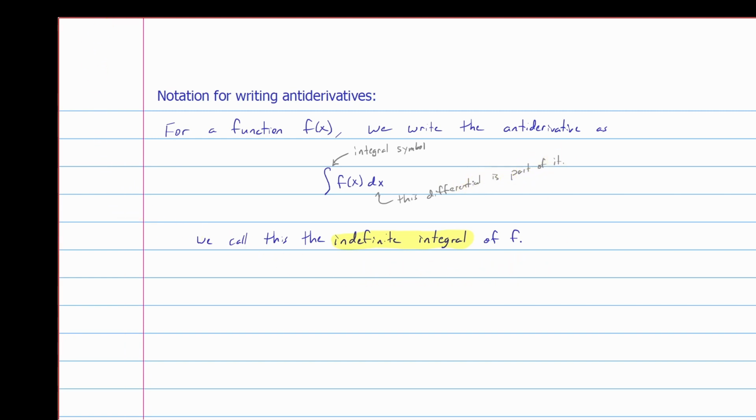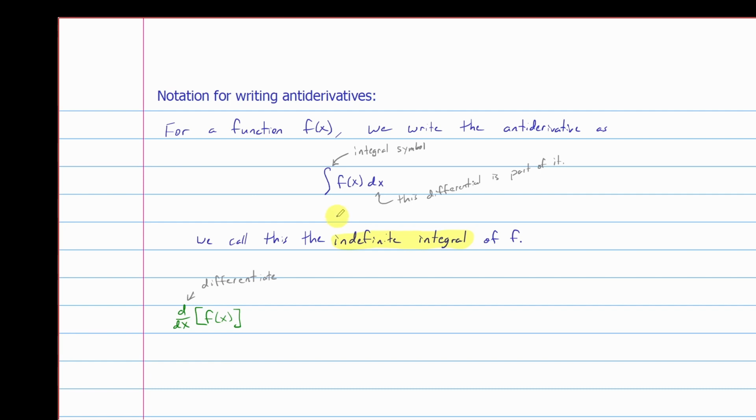So just to give you something to compare it to, when we took derivatives using Leibniz notation, we had d dx of f, and that meant take the derivative of f. The d dx tells you to differentiate a function. It's a two-part symbol, right? We have like this fraction. And we learned in section 4.2 that we could define the differential as its own independent thing. That's going to be a connection to this dx. We'll make that connection clear in chapter 5, but for now, we'll just recognize that